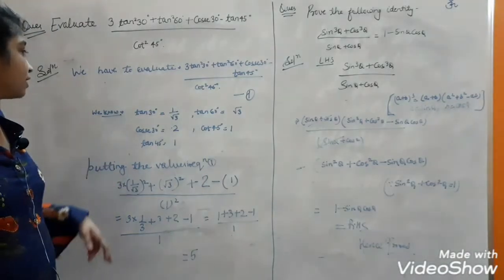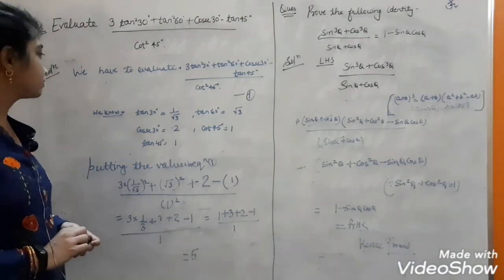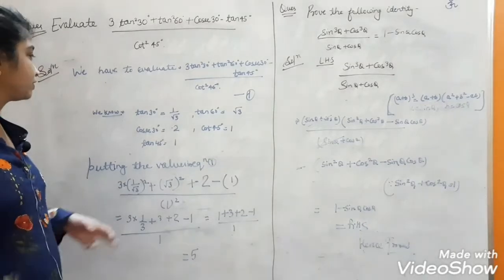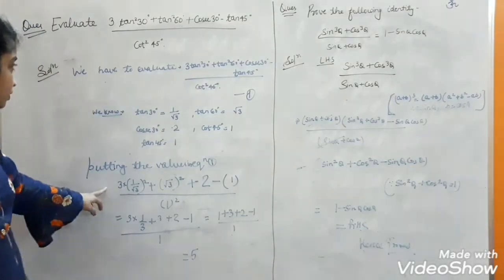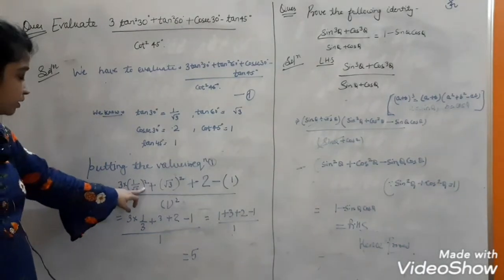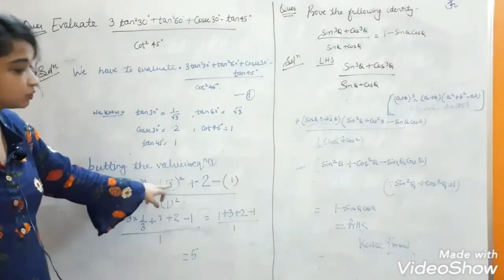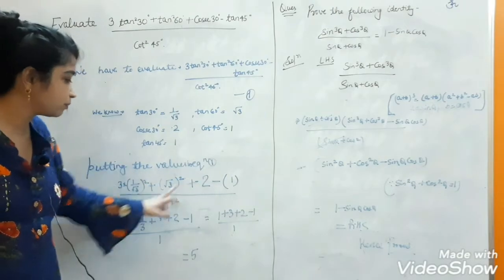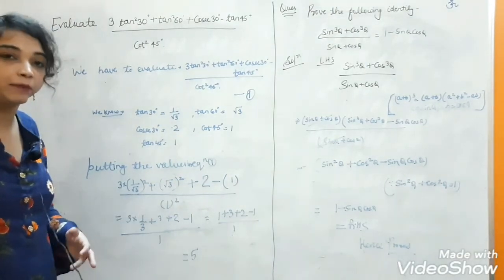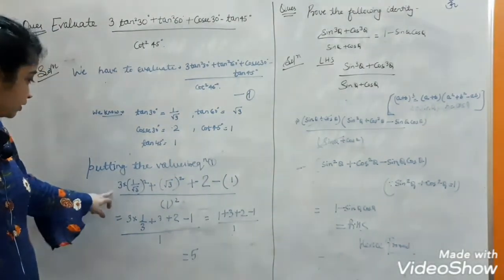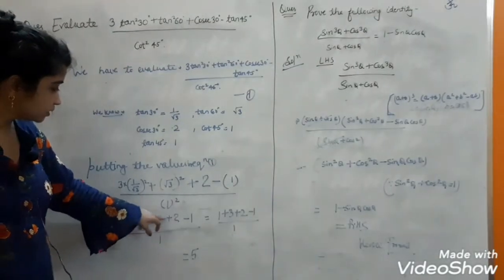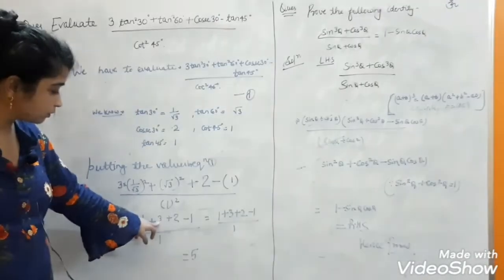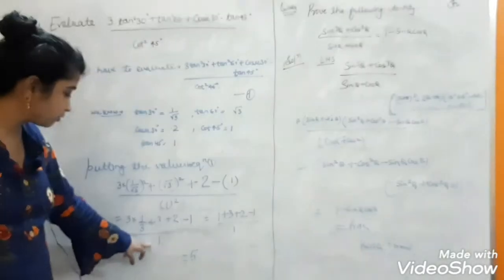तो now putting the value of tan 30, cosec 30, tan 60 degree, cot 45 degree and tan 45 degree in the equation. So it will be equal to 3 into 1 upon under root 3 का square plus under root 3 square plus 2 minus 1 upon 1 का square. अब हम क्या करेंगे? यहाँ पे कैलकुलेशंस करेंगे. 3 into 1 upon root 3 का square will be equal to 1 upon 3 plus under root 3 का square is equal to 3 plus 2 minus 1 upon 1.